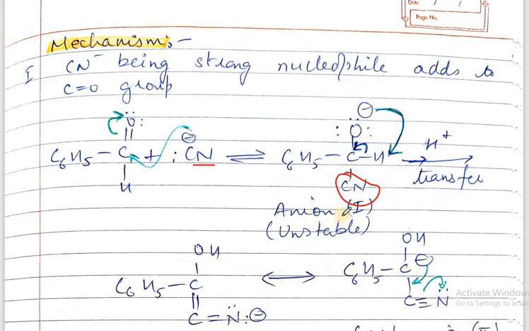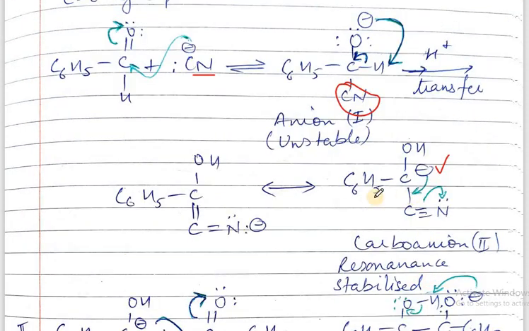And then it is an anion and it is very unstable. So hydrogen transfer takes place: this hydrogen moves to this oxygen and these electrons move to this, and the carbon will now have a negative charge. So a carbanion is formed, and this carbanion is resonance stabilized with this structure in which the nitrogen carries the negative charge. These electrons move to this, these electrons move to this, so this carbon is neutralized, here is a double bond, and the electrons are present on nitrogen, so it carries the negative charge, and here is again a double bond because one pair moved to nitrogen.